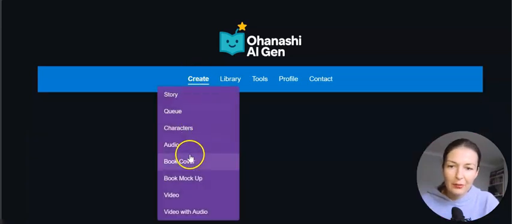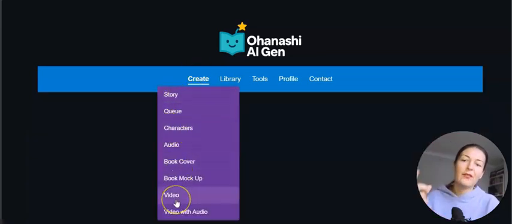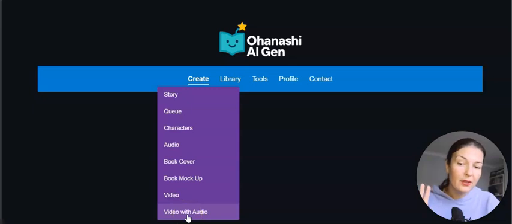And then, okay, after we created the story, we'll create a video. You can create 2 types of videos, one without audio, the other one with audio. If you want to create a video of your book being flipped through and read by an AI voice, that's great because this is an amazing way to advertise and promote your books. You can create all sorts of videos, YouTube videos, Facebook, for all kinds of platforms. So stay tuned for that.